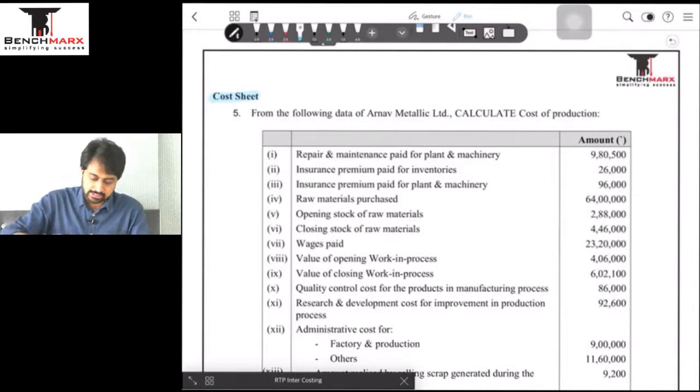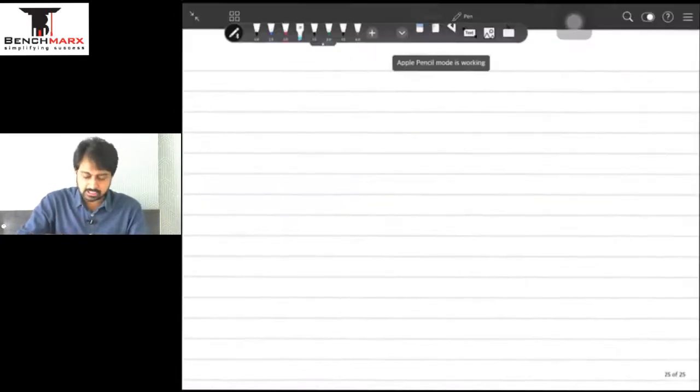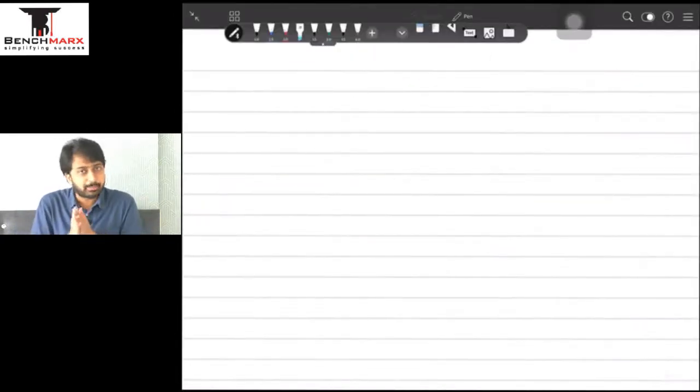So cost sheet, what is a cost sheet? Cost sheet is nothing but a statement of all cost. Cost sheet ka method is based on total costing method. It has all the costs, be it variable cost, be it fixed cost, be it semi-variable cost, everything. And this is a statement which is prepared for a particular period, and we can also find the profits for the period when we compare cost of sales with the profit.